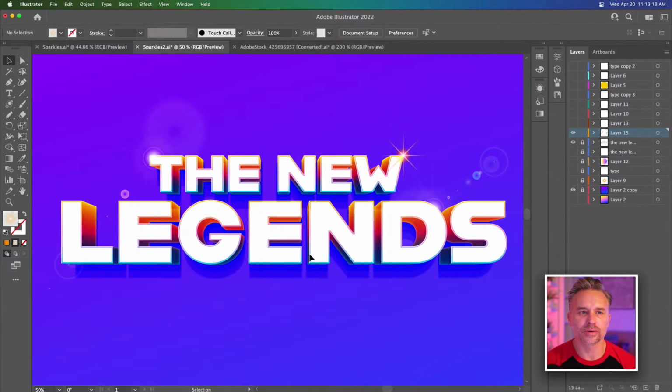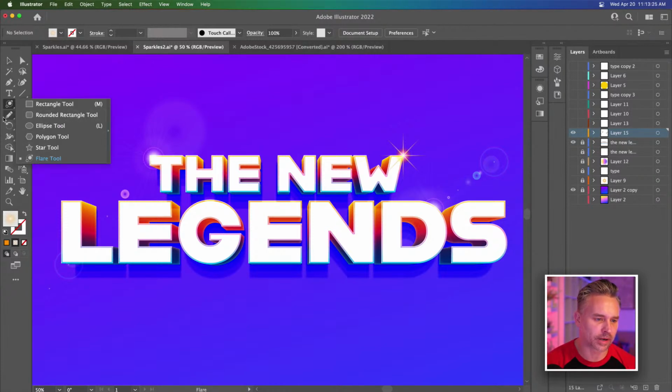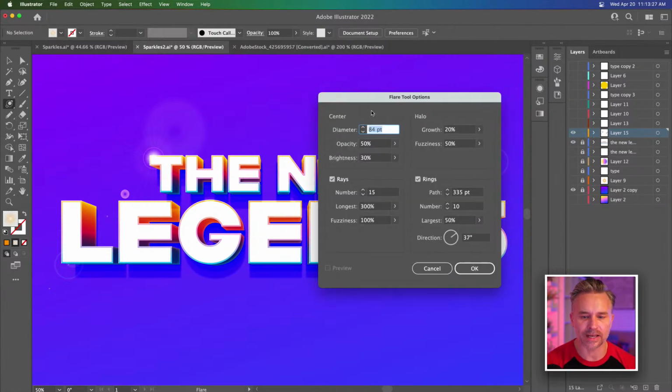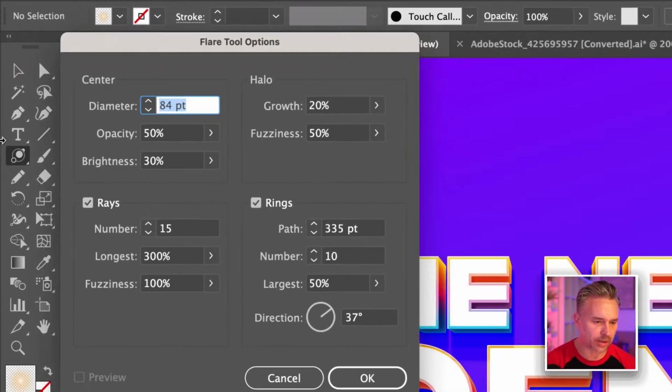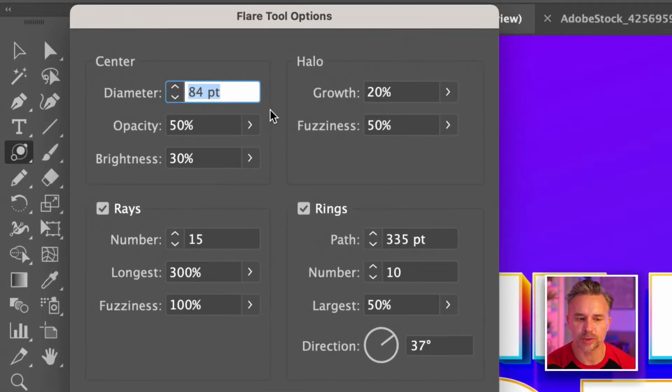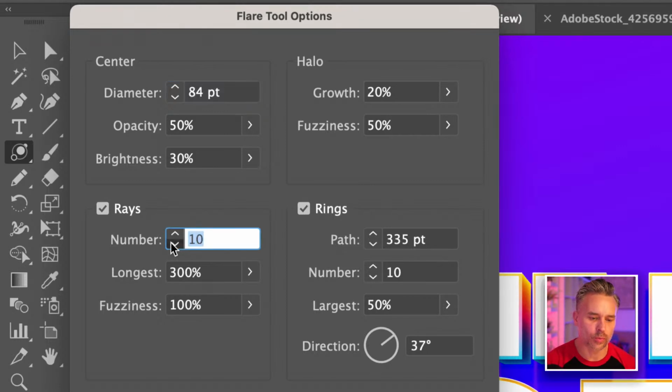Super easy to do. We can throw those lens flares in there. We could do the same thing. Yeah, so it's called lens flare, just so you know. It's right in here, flare tool. In fact, if you double click on the flare tool when it's over here, you get the flare tool options. So if you decide you don't want as many rings, I guess they're just calling them rings here, or if you want less rays,